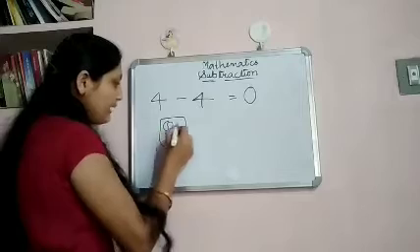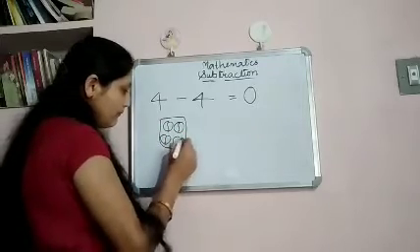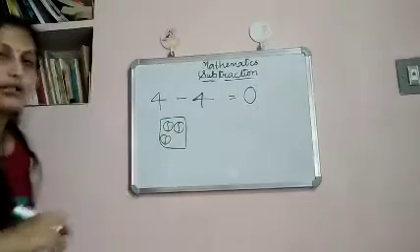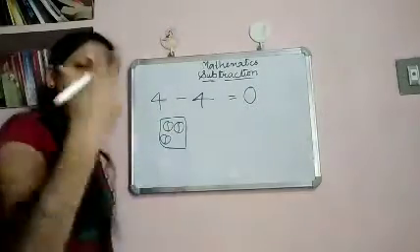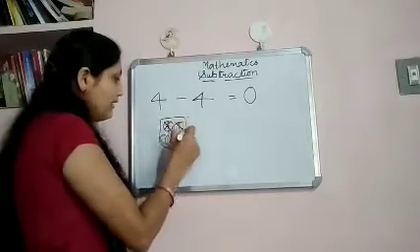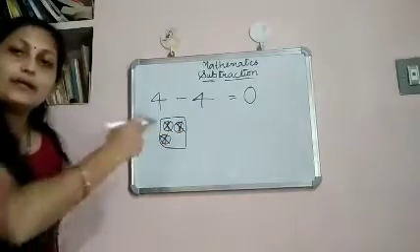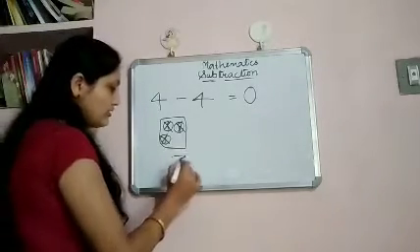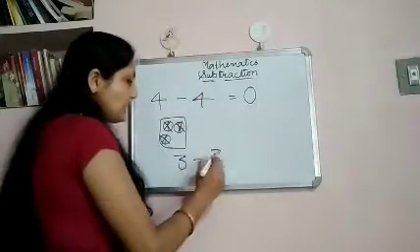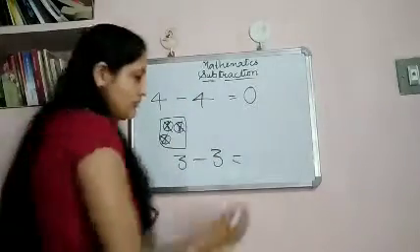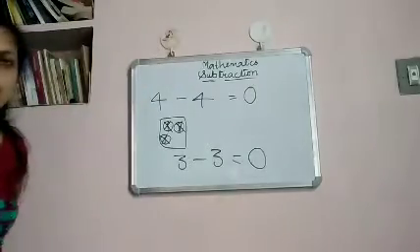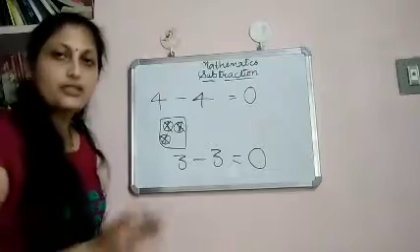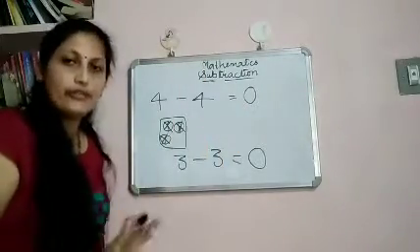So here in this box, I have 4 balls. Okay, let me take 3 balls. I have 3 balls here and I will give all the 3 balls to my friend. How many balls are left in the box now? No balls are left, isn't it? So there were 3 balls earlier. I have given all the 3 balls. So I don't have balls now. Means 0. Clear? So if a number is subtracted from the same number, what do we get? We get 0. Okay?